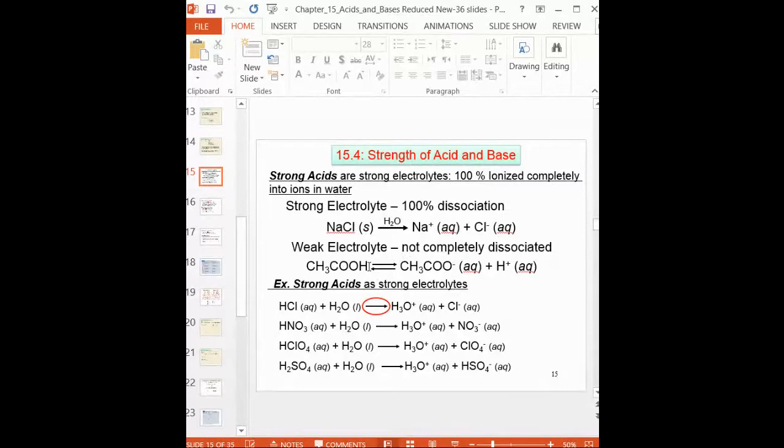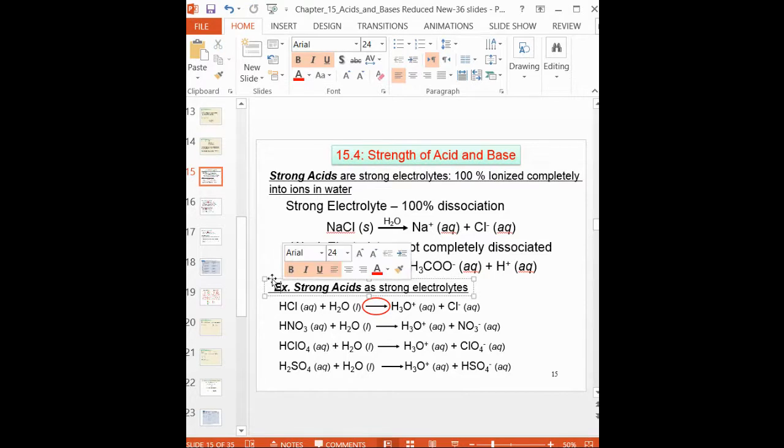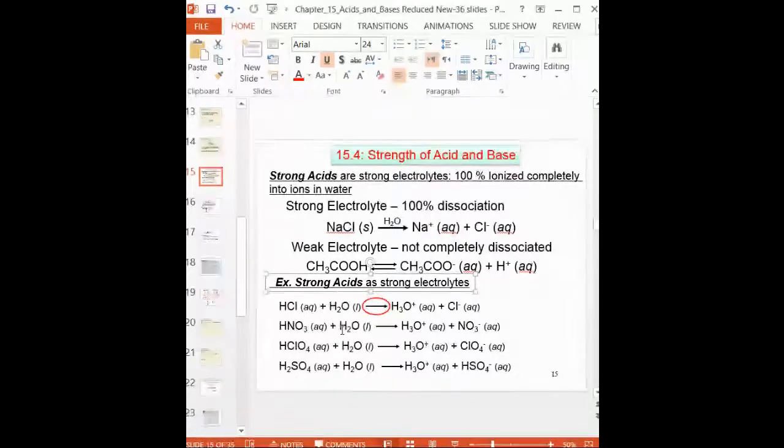This is a weak acid, a weak electrolyte. Look at here. These are all strong electrolytes because these are all strong acids. All strong acids are strong electrolytes. All weak acids are weak electrolytes, right? So look at the single arrow. It indicates that this is a strong electrolyte or strong acid, which dissociates into ions 100%. This will not go back.